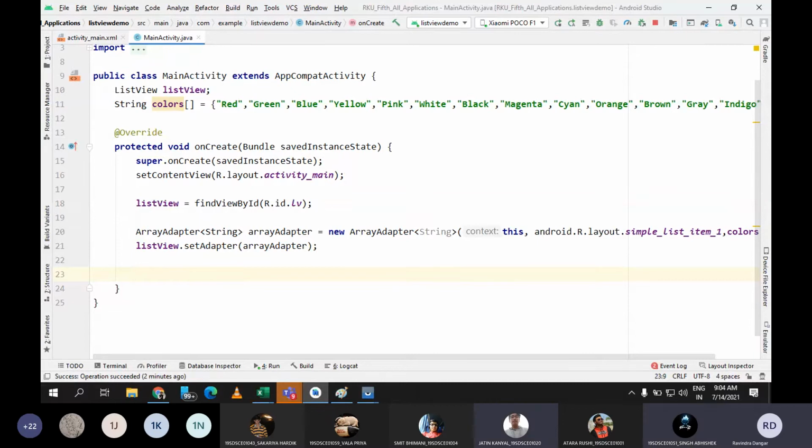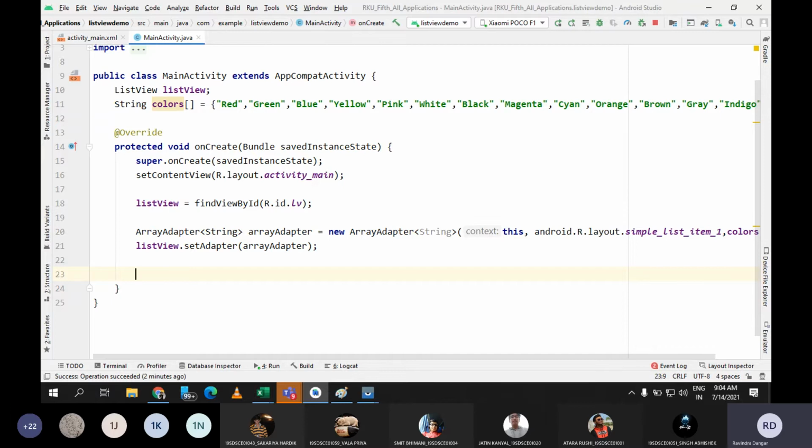Okay, that list view, it is used with a button, right? No. You can implement a listener with all the components. Fine. So whatever you are doing with a button, the same thing you can do for list view also. But my question is, if you are going to implement a listener with a button, then you need to use the object of button. Similarly, here you are going to implement the listener with list view, so you need to use the object of list view.